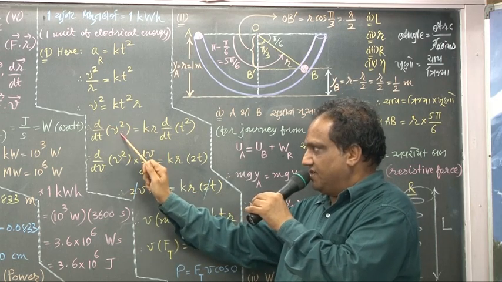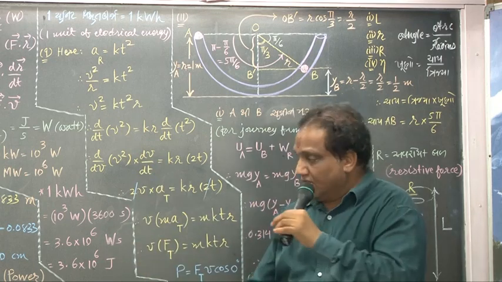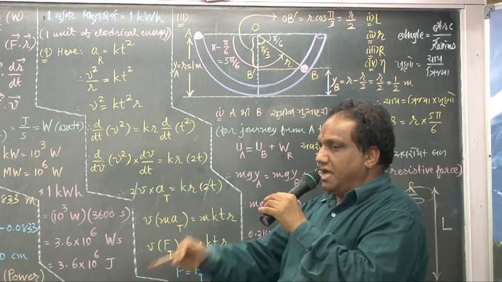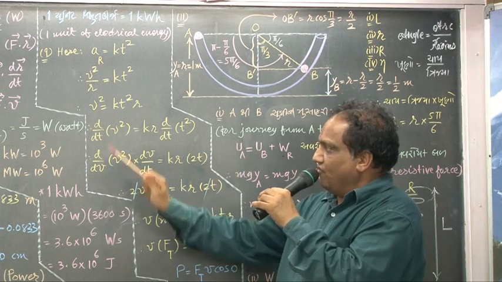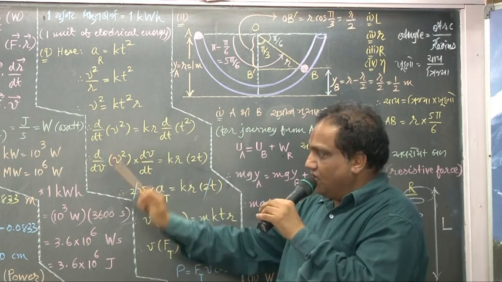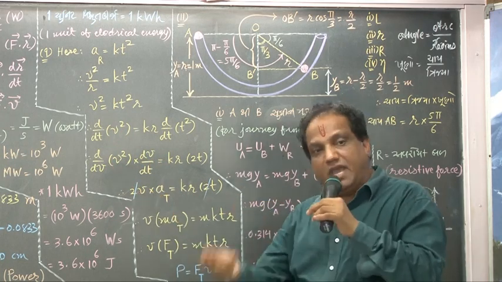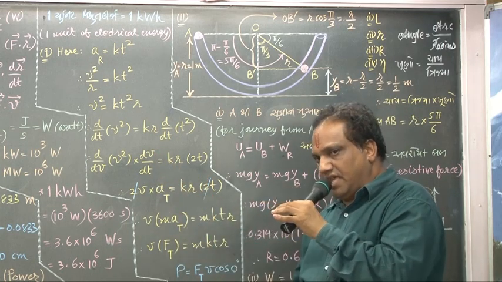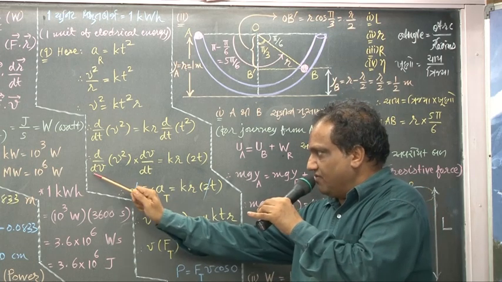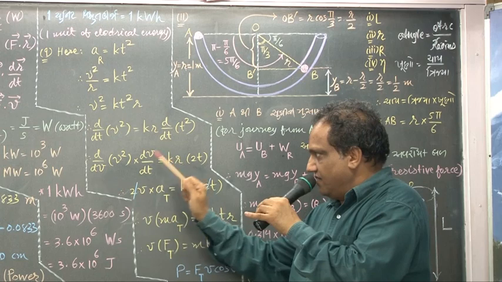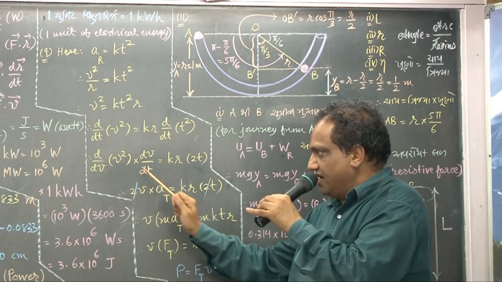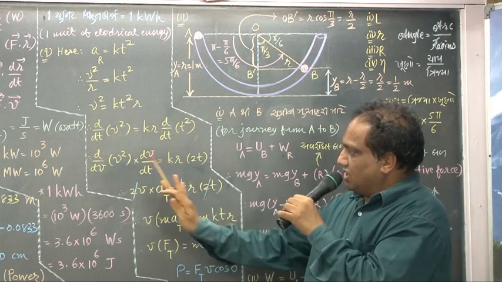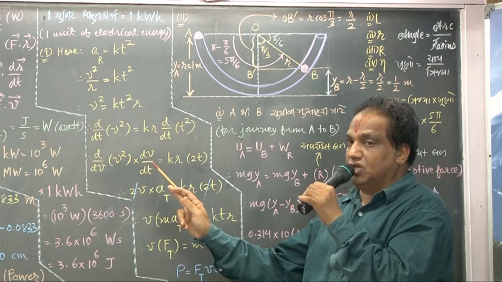This term inside the bracket is a function of velocity. You want differentiation with respect to time, so you cannot take it directly. Apply chain rule. First differentiate this function with respect to velocity, and then separately differentiate velocity with respect to time. Mathematically we are not changing anything, because if you cancel dv and dv, what is left is d by dt. This splitting is known as chain rule.